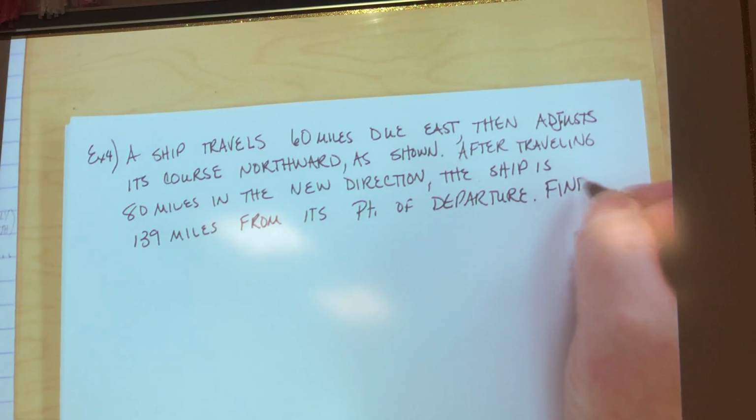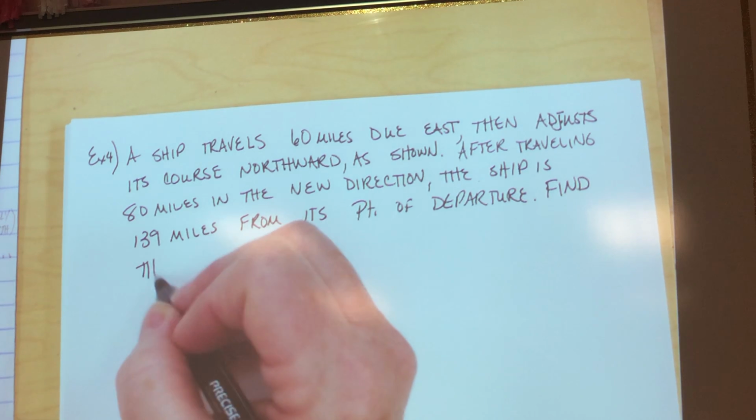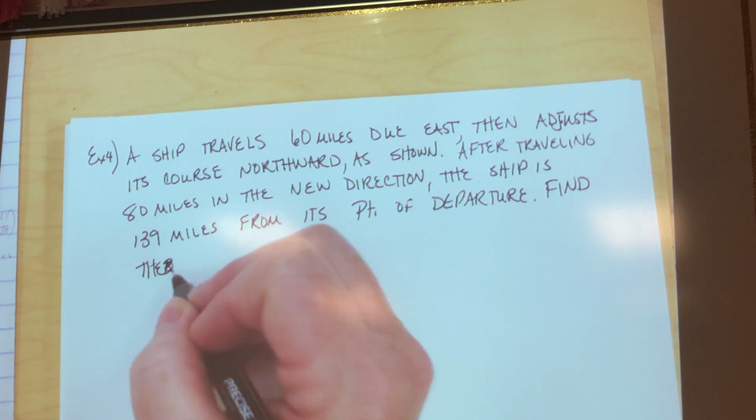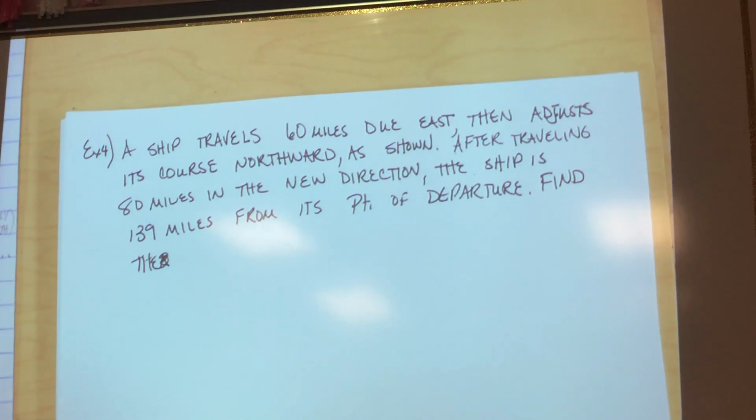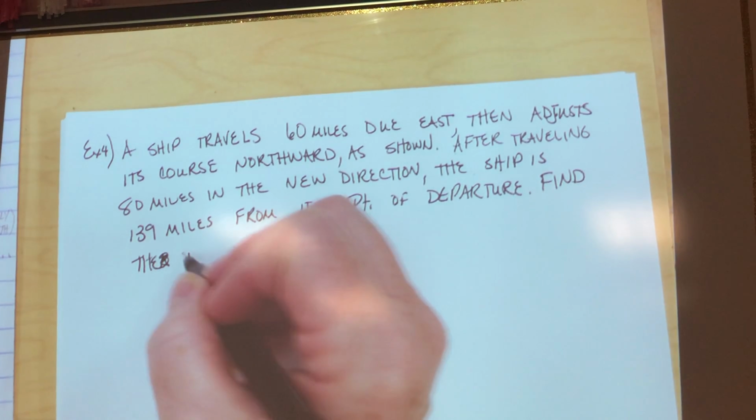Find the bearing. What do you measure bearings from? Degree, minute. From where? North. 0 degrees north, clockwise. Okay, going to the right. Find the bearing